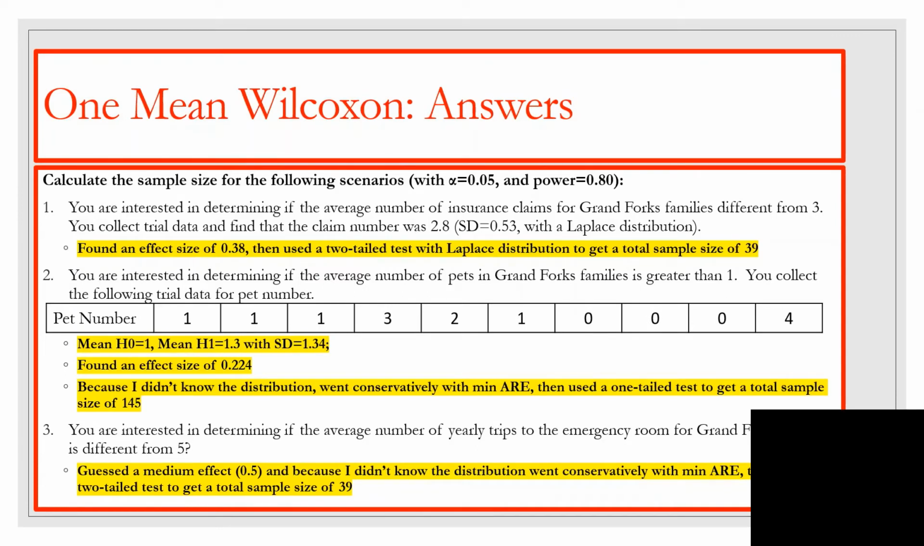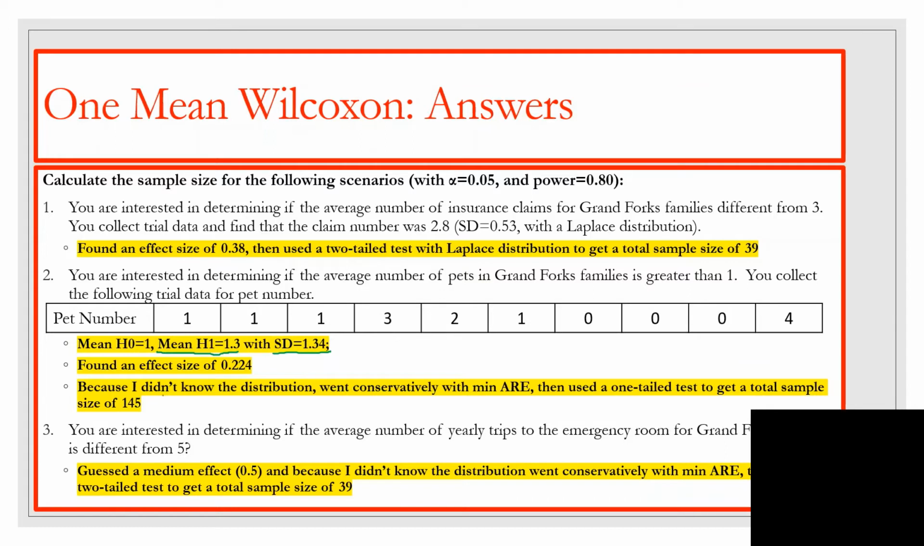For number 1, we are given the means and standard deviation and the distribution, so we just plug these all in to get a total sample size of 39. For 2, we're given the raw data on pets. We can use that to get our alternative hypothesis means and standard deviation and get an effect size of